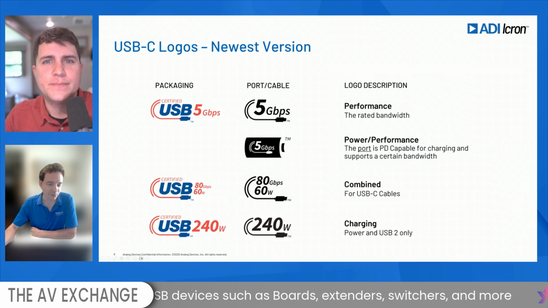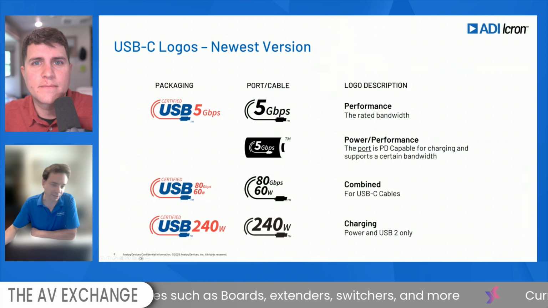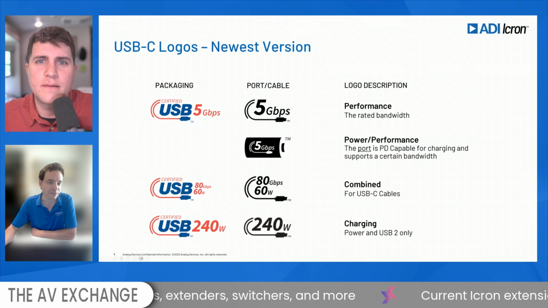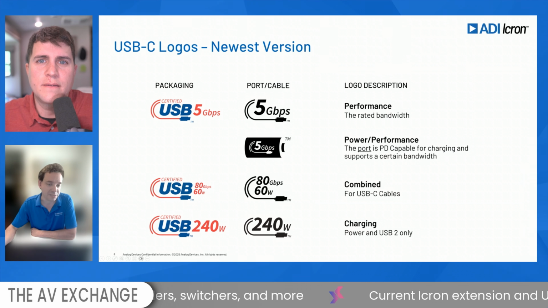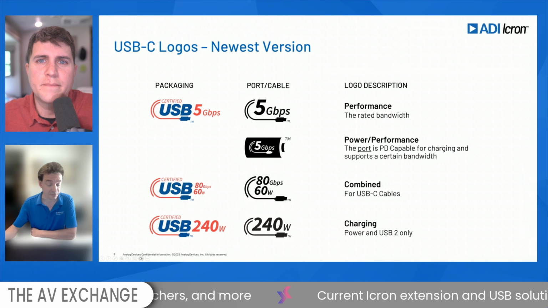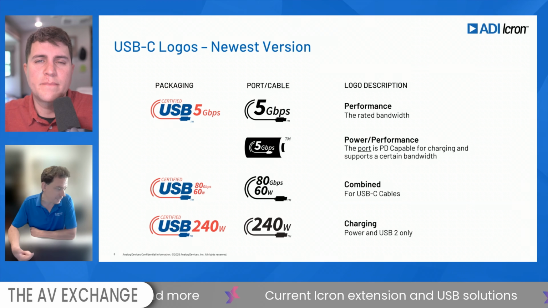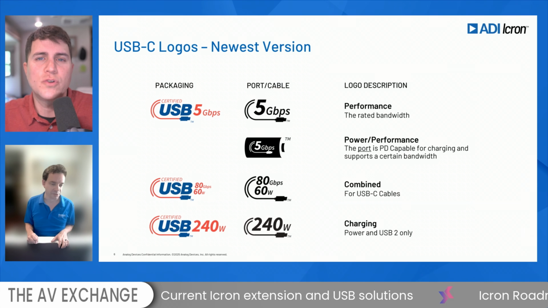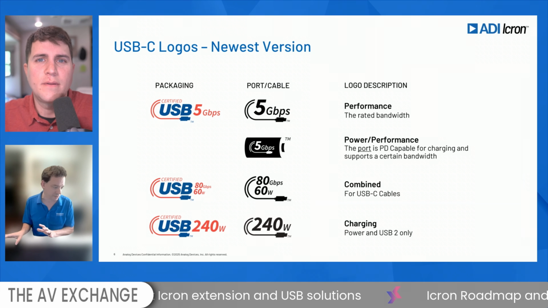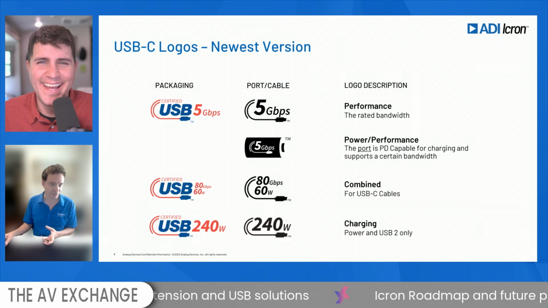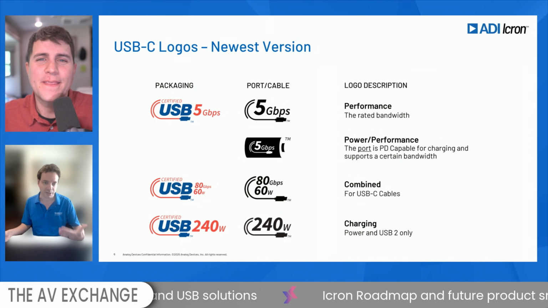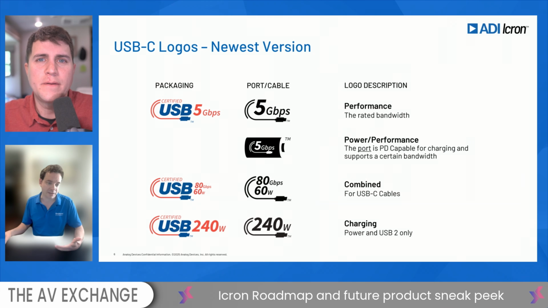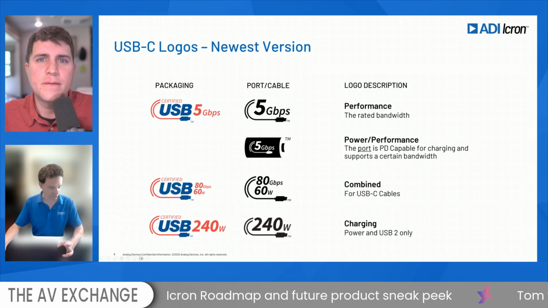So if it doesn't have a wattage rating, it doesn't do power delivery, right? Got it. If it has a gigabit per second rating of more than 5 or 10, typically that means it does the video and the USB port. This is only for passive cables, let me be very clear. Active cables are their own mess, and I'm not going to touch it. But for passive cables, if it has a data rate above 5, maybe inclusive sometimes, and has the wattage rating, it should do everything.